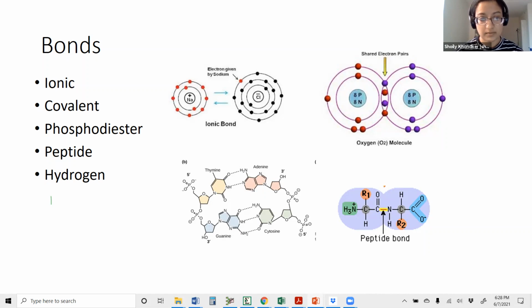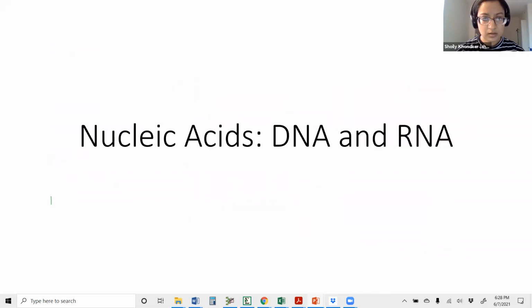Phosphodiester bonds are going to be relevant when we're talking about DNA in particular, and peptide bonds are going to come into play when we're talking about proteins. In addition, hydrogen bonds will be important in both of them. So first, we're going to talk about nucleic acids, which in this case means DNA